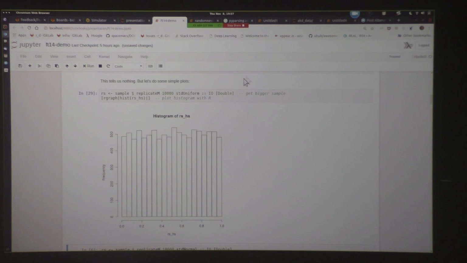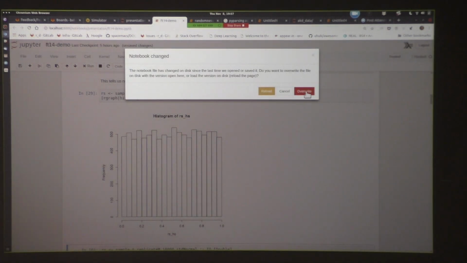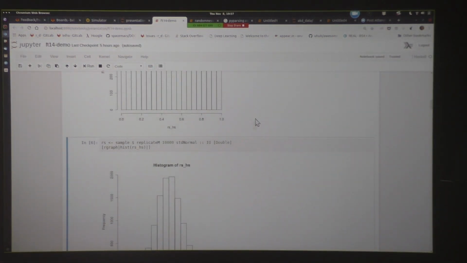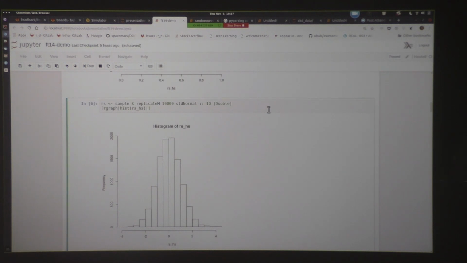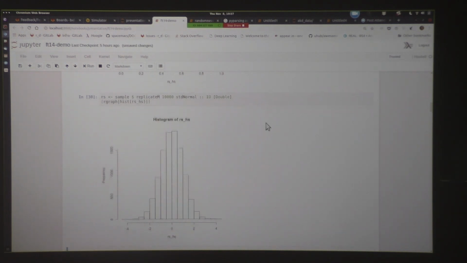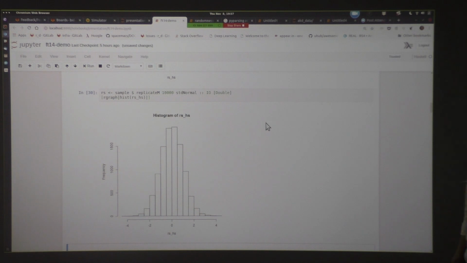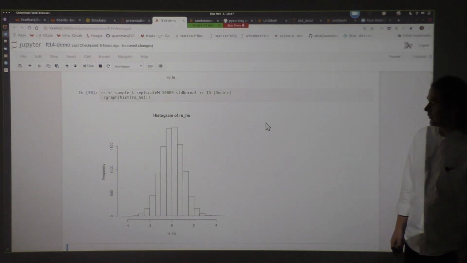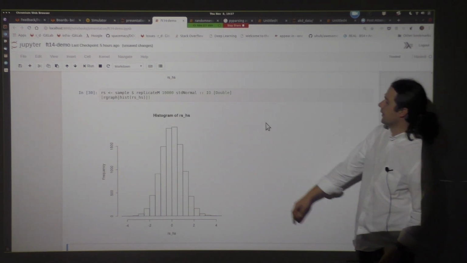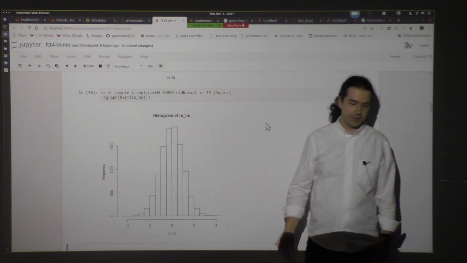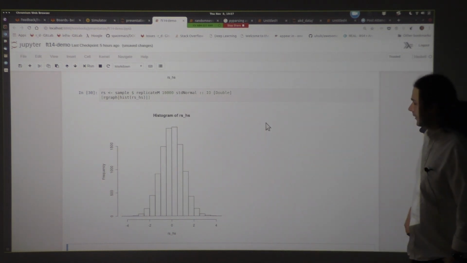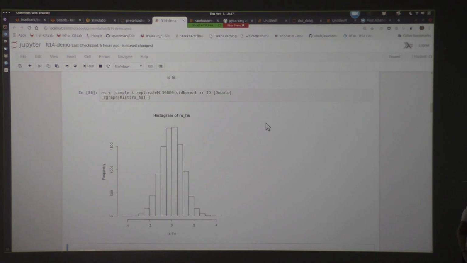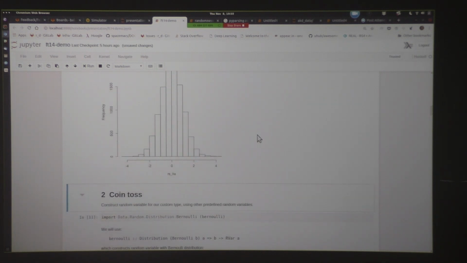It's satisfactory. And we could do the same thing with the normal distribution and get what we remember from school as a Gaussian distribution. So we draw 10,000 times from the standard normal, so mean 0 and standard deviation of 1. Okay, but that's not that interesting actually, so let's try to build something a little bit more complex.